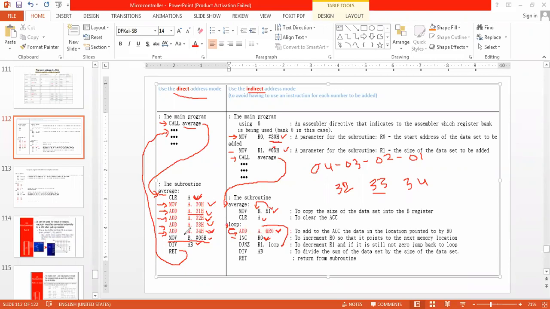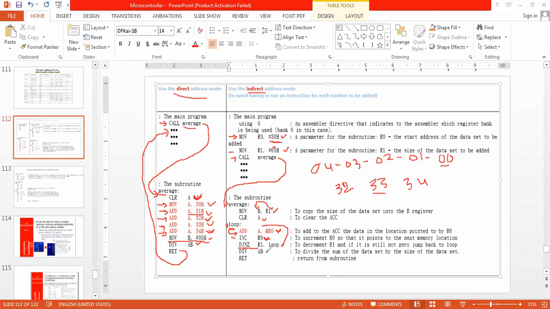Okay, so now what will happen? 34H is being executed. Then again decrement R1. So what will it become? 0. So jump if it is not 0. What is our condition? Not 0, but it is 0. So shall I go back to the addition loop?